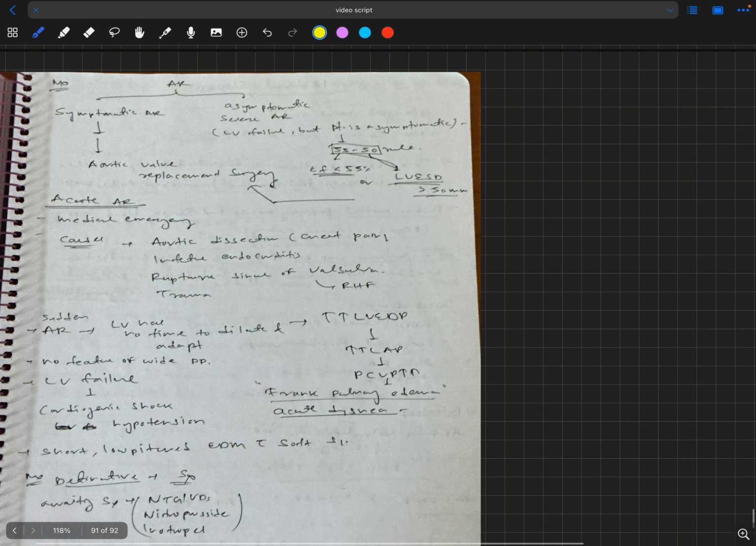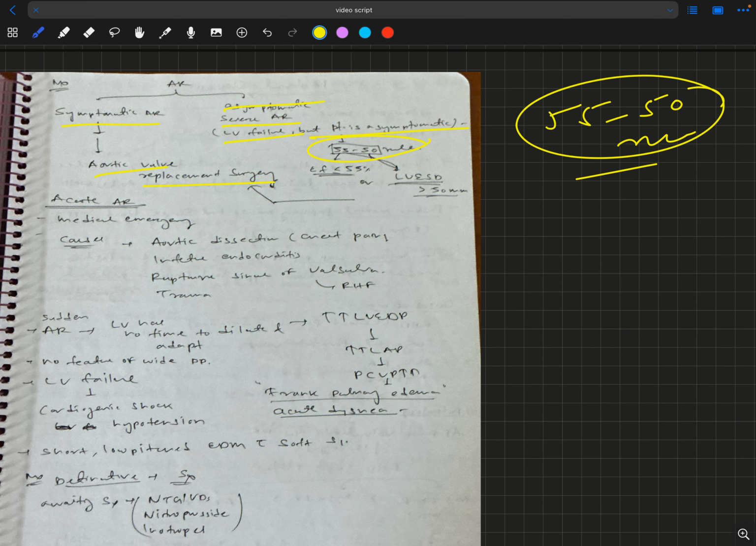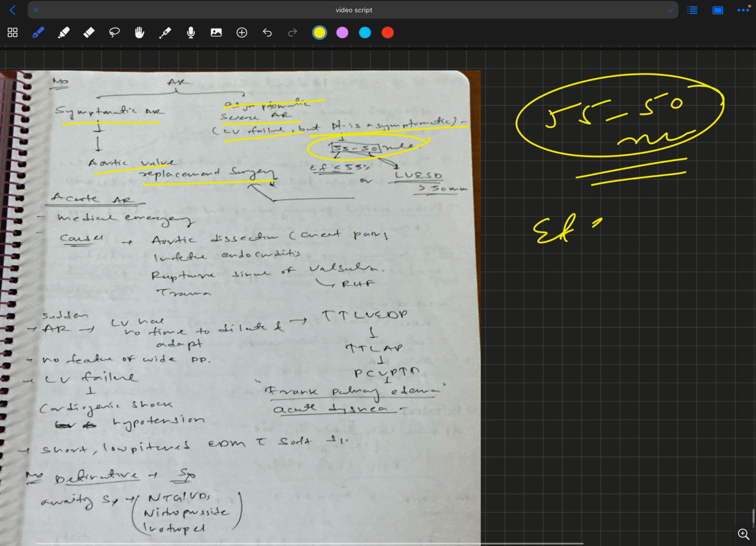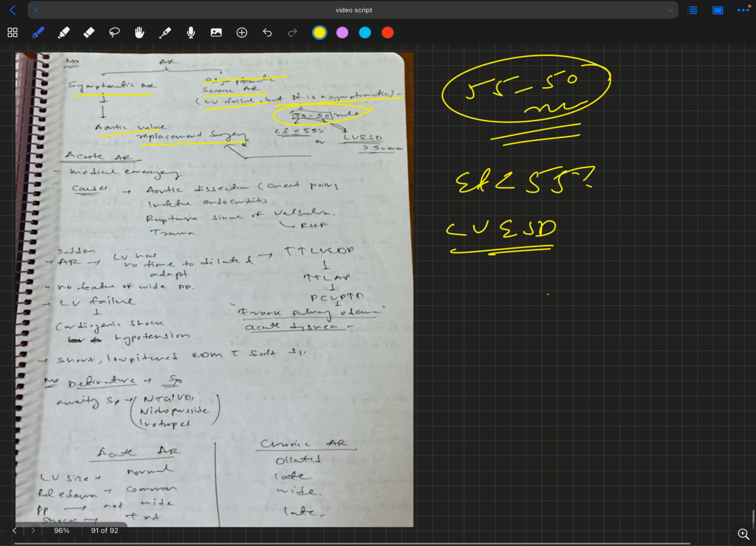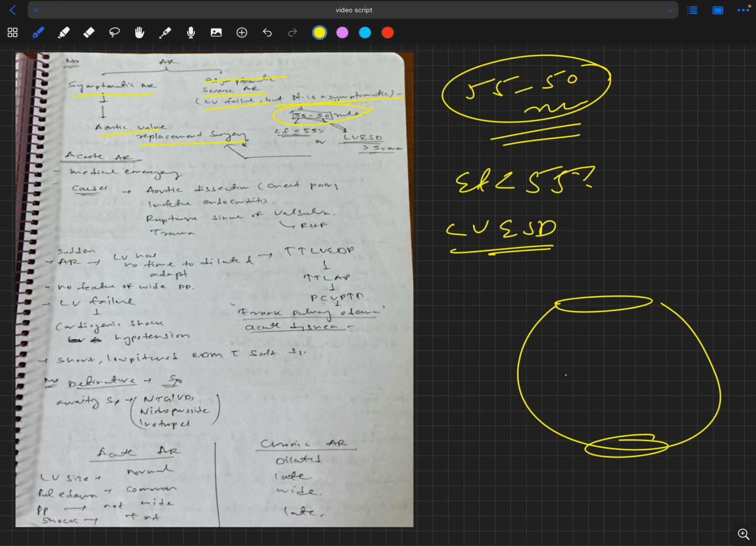Management of AR: for symptomatic AR, aortic valve replacement surgery. Asymptomatic severe AR means LV failure is there but the patient is asymptomatic. And then there is the 55-50 rule. The 55-50 rule states that if the ejection fraction is less than 55%, or the left ventricular end systolic diameter, that is the diameter of the left ventricle at the end of systole, is more than 50 mm,